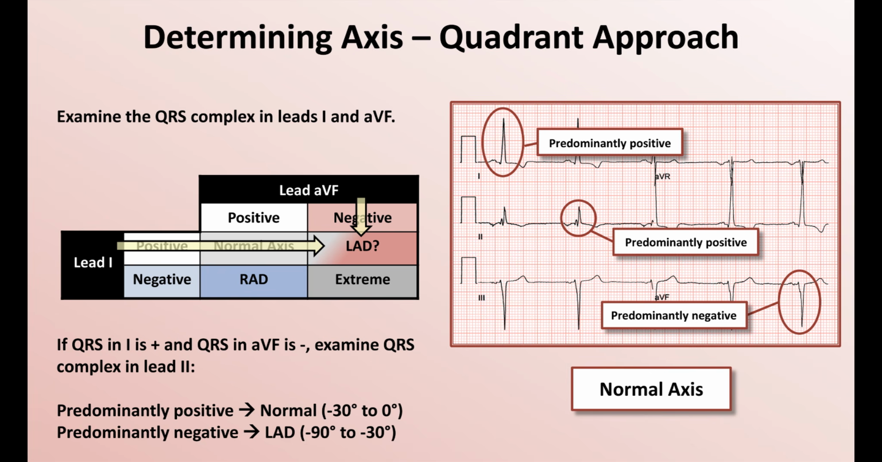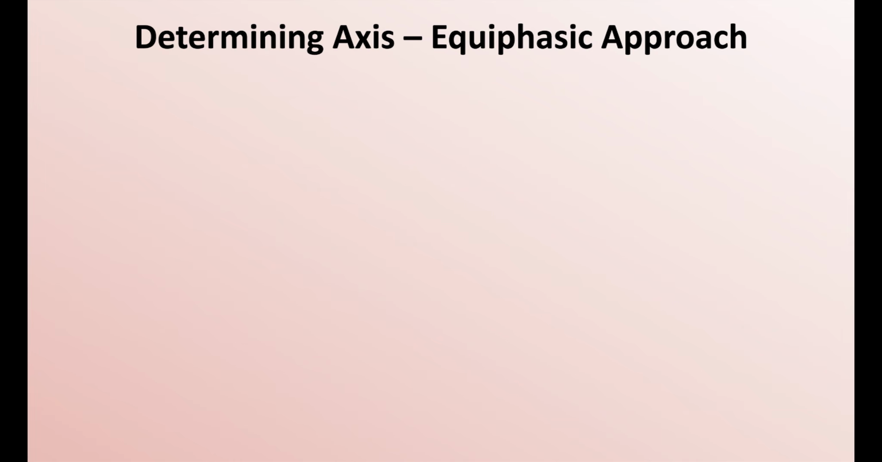So that's the quadrant approach. After just a little bit of practice, using the table to the left will become second nature. While this approach is very simple, its downside is that it is qualitative only. That is, it does not provide an estimate of the actual numerical QRS axis in degrees, other than placing it into a broad category. In situations where a more precise numerical estimate of axis is desired, the equiphasic approach is